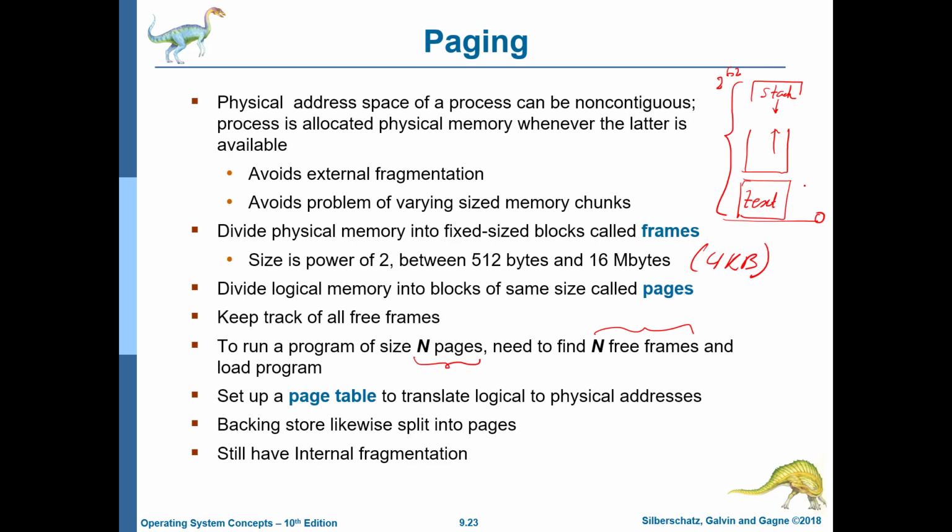So what do we do? Well, you break down the address space into pages. So let's say there are 1, 2, 3 pages required here. Maybe you require 2 pages here and maybe you require 1 page here. So let's say if there are n pages, what we do is we find n frames in memory and just map the pages to frames. It doesn't matter how we map them, it is simply irrelevant. But as I said, we break the virtual address space, break the physical address space and map a page to a frame. And we set up a software data structure called a page table that essentially maps pages to frames.